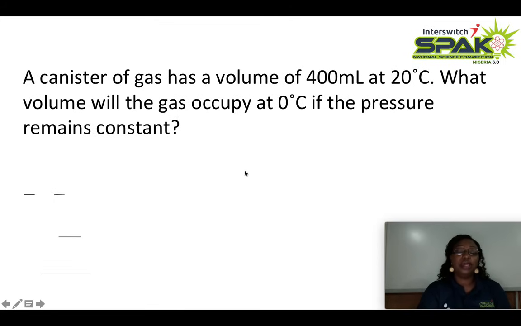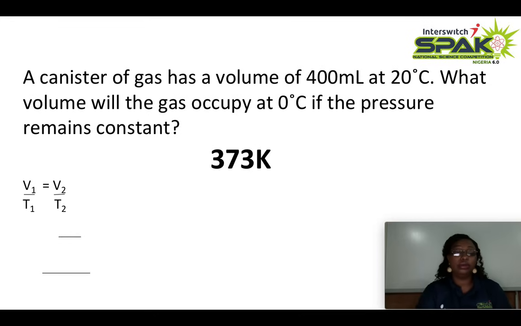Okay, so what did you get? The answer is 373 Kelvin. How did you get that? Let's see. This is a recall for Charles' law. Charles' law is V1 over T1 is equal to V2 over T2. And if you are going to fix in your parameters and see what it is, you realize that